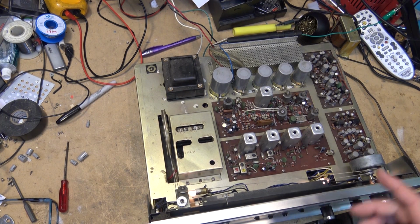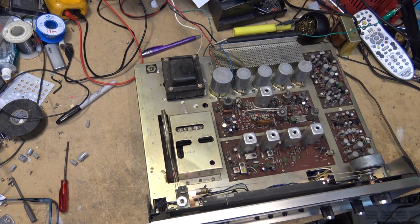Definitely it's working in stereo, and I've got my stereo light back here, right here, which makes me happy. So if I tune around the dial,